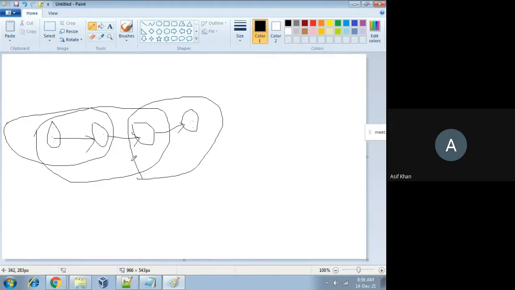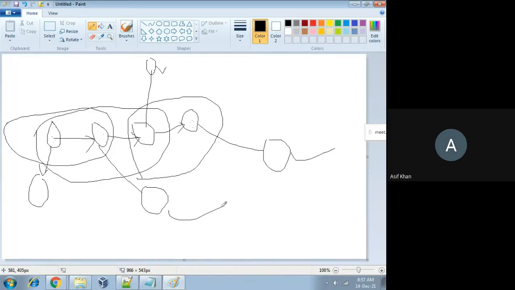And mobile ad hoc network means all these nodes are moving. Like see, at time t1, this is the scenario. At time t2, this node may come here to this point, this node may also come here to this position, this node may go to this position, and this node may go to this position, like this. So at time t2, you may have nodes at this position, here, here, here, and here. See, nodes are moving. So this is a mobile ad hoc network.